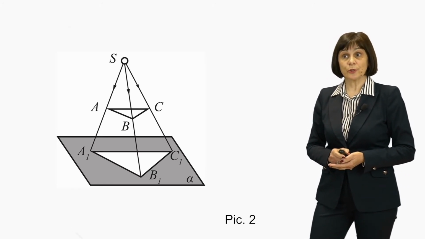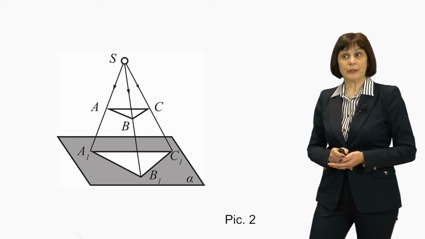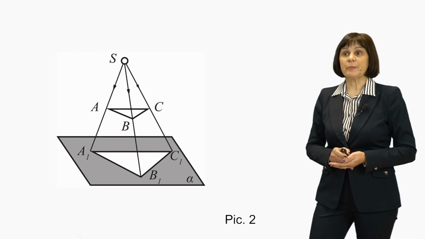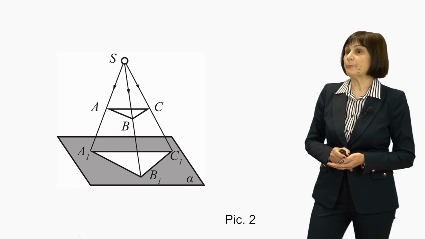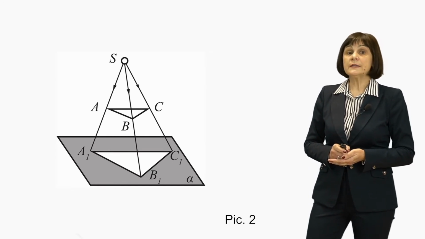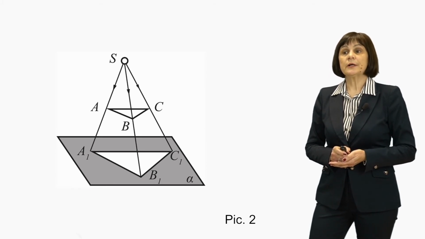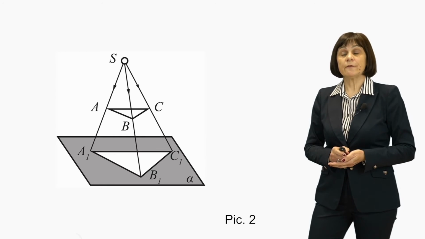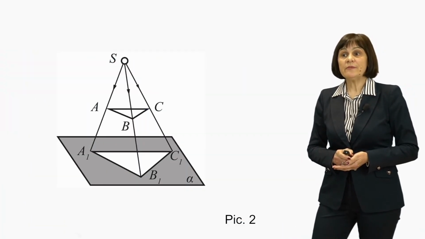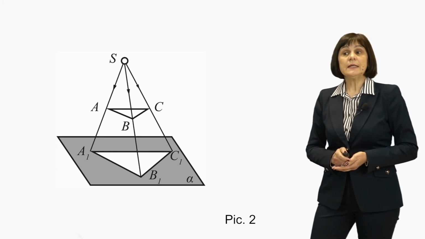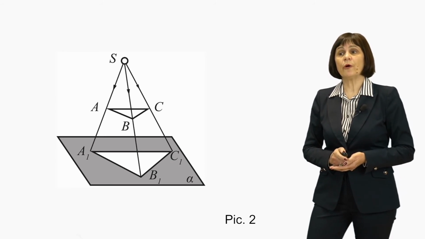And you know the rule that only one straight line can be drawn through 2 points. The projection of a polyhedron is defined by the projections of its vertices, that is, the points corresponding to these vertices. But I must say that the method of central projection is complex and greatly distorts the shape and sizes